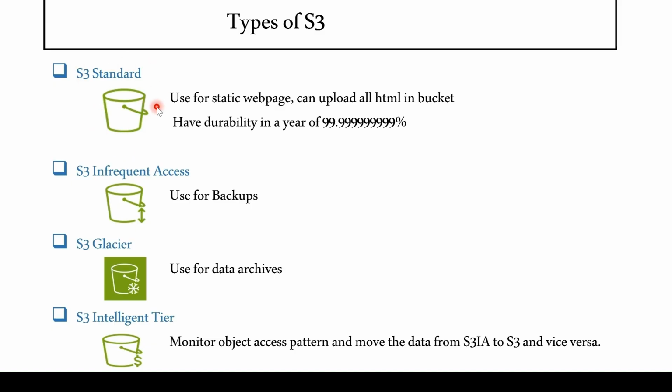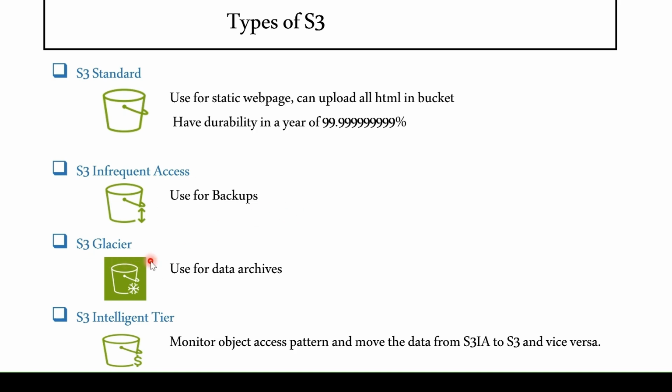Now there is an option of S3 Infrequent Access. As the name suggests, it is for data which we are not accessing on a regular basis, and we need it once in a while based on our situation. Suppose backup data, a lot of my old files which I may refer to very rarely. That kind of data we can store in S3 Infrequent Access. Why? Because S3 Standard is comparatively costlier than S3 Infrequent Access. So to save money as well, we can choose this option to store the backup data.